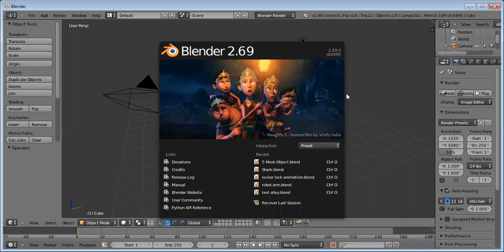In it, I'm going to be explaining how to do the 5-mesh object, as well as explaining some of the basic concepts you'll need for just understanding how to work with the program Blender. So first off, what I'm going to do is just share my screen. So you should here in a moment be able to see the same Blender screen that you're going to be